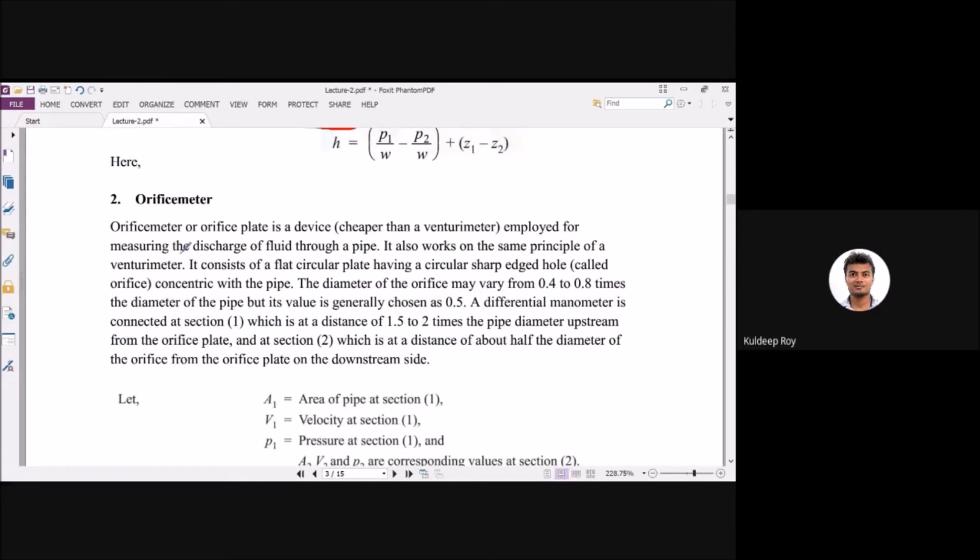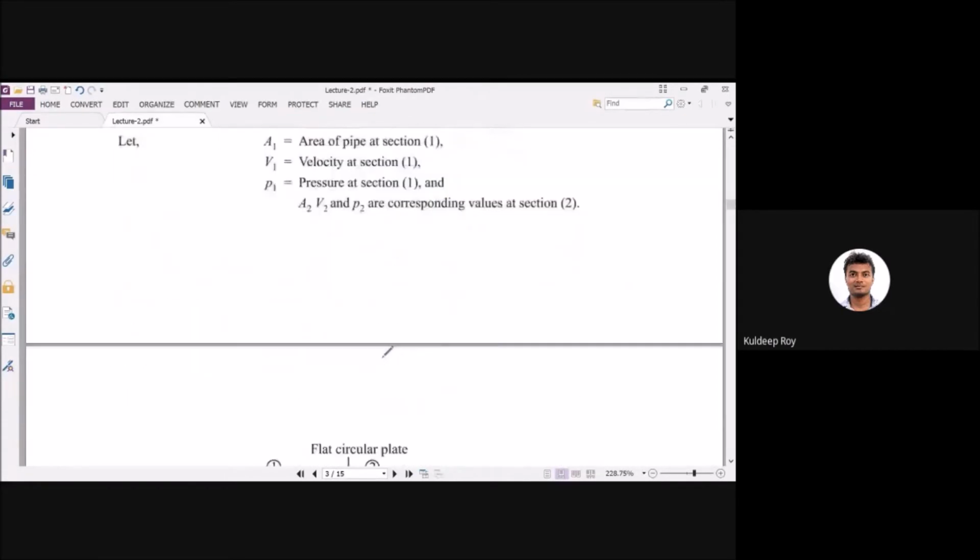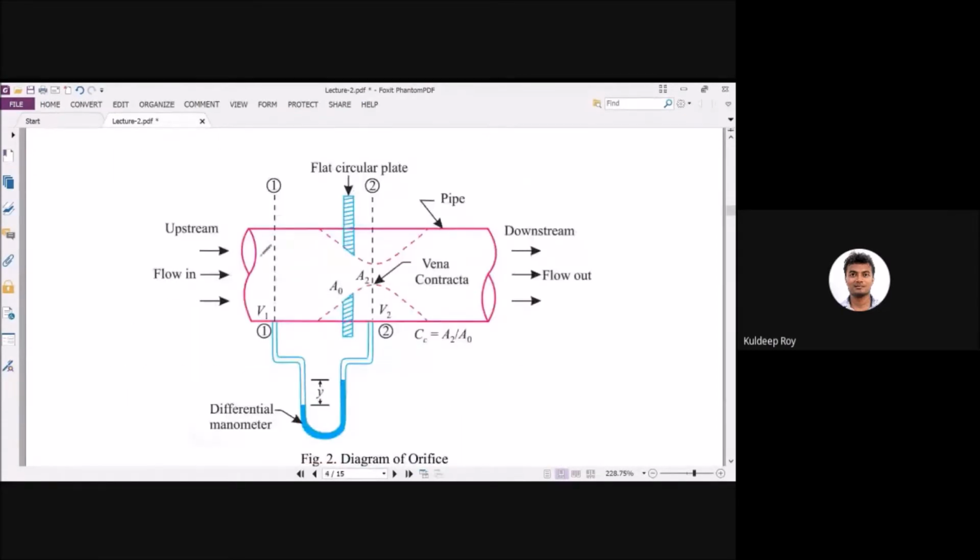it has different kinds of limitations. Like, the venturi has a smooth convergent-divergent section, but the orifice doesn't have any such configuration. Means, what are the limitations of the venturi which you are looking to overcome, and what are the limitations of the orifice which you are looking to overcome. Now, have a look at the venturi first of all. Orifice plate.